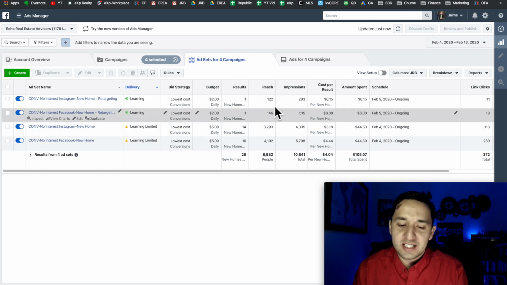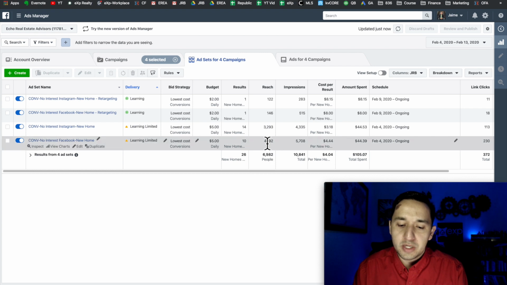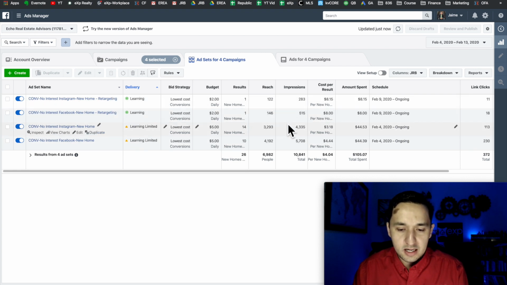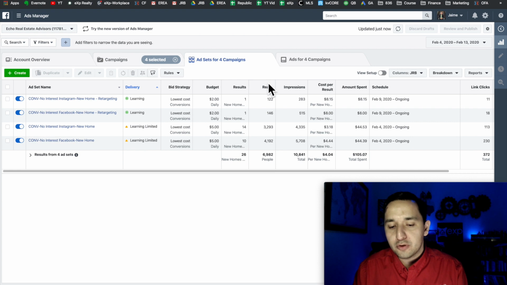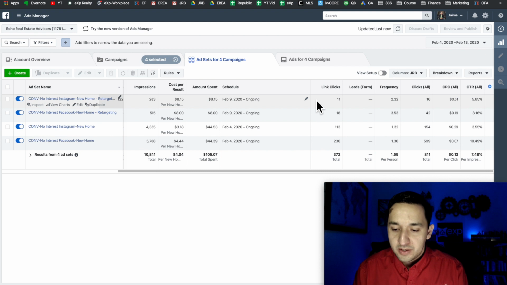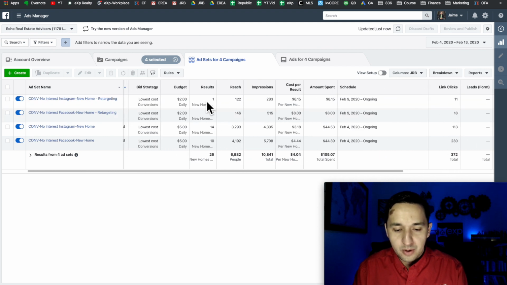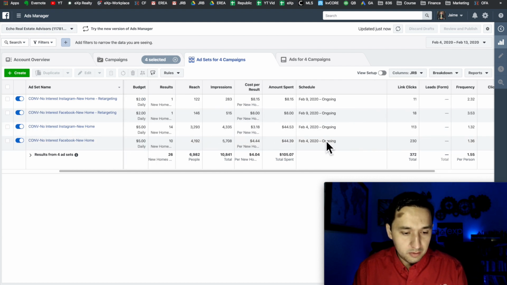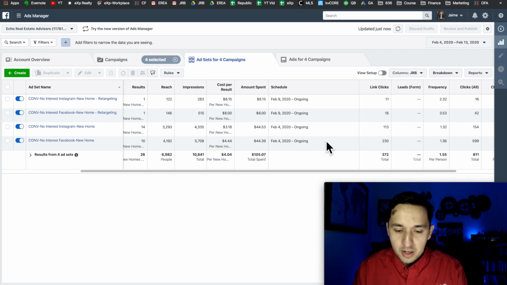That's why you see the drastic difference between the reach, the original reach of nearly 7,500 people versus 268 people. So reach is the amount of people, and then the impressions is the amount of times that it's been shown to them. So as you see here, the link clicks, there's still a high amount of engagement based off of what we have going on here. And then we have the click-through rates. Well, Facebook click-through rates was astronomical, but let's see what the actual breakdown was now that we have all of the